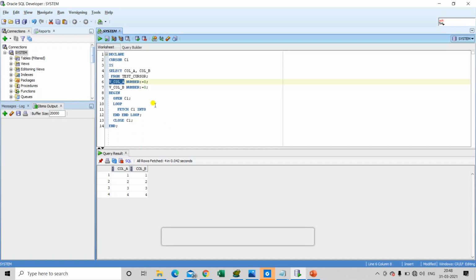The record that is fetched by the cursor needs to be stored in a variable. So we have declared two variables here, vcall A and vcall B, and then there will be an exit condition.